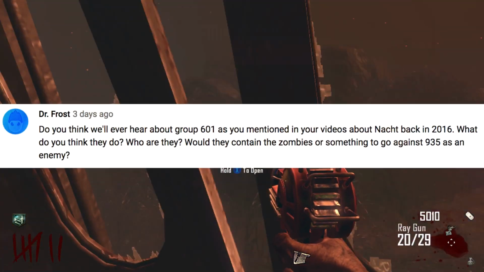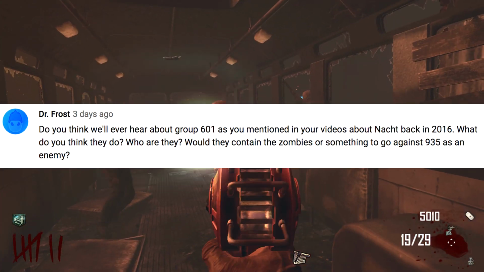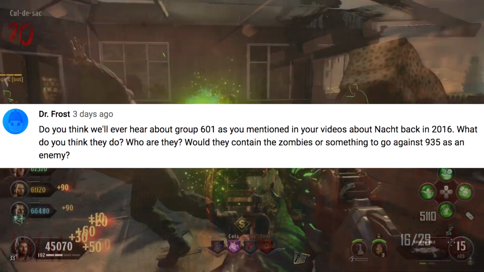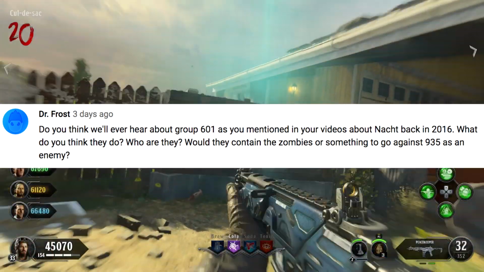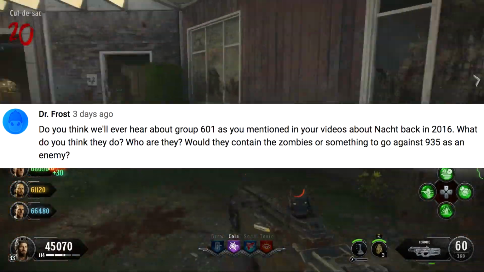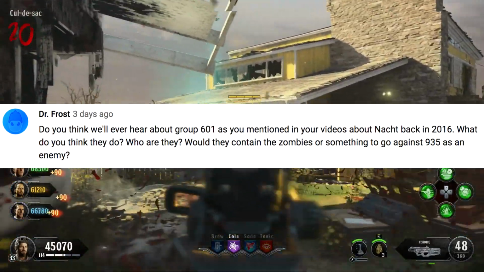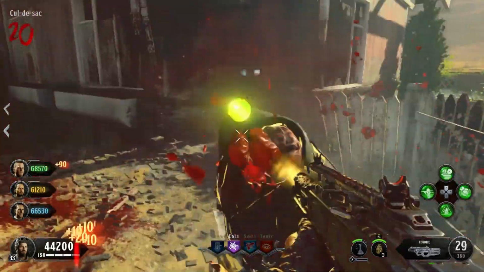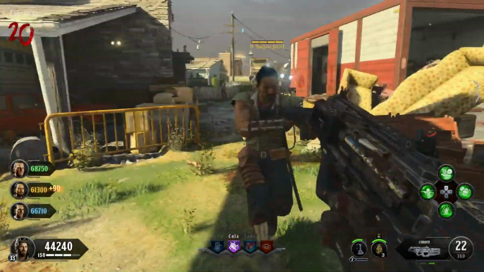The second question of today from Dr. Frost says, "Do you think we'll ever hear about Group 601 as you mentioned in your videos about NACT back in 2016? What do you think they do? Who are they? Would they contain the zombies or something to go against Group 935 as an enemy?" So Group 601 seems to be a mysterious thing in zombies. The question is,